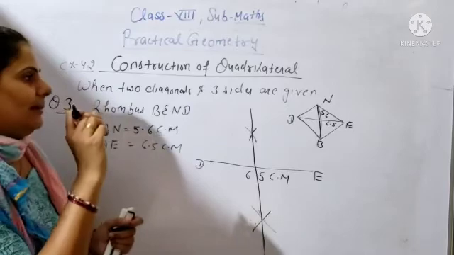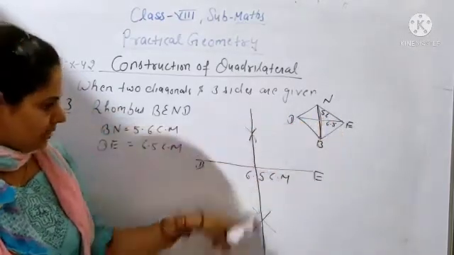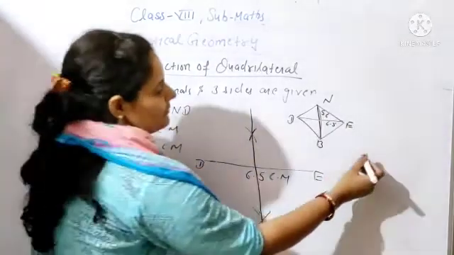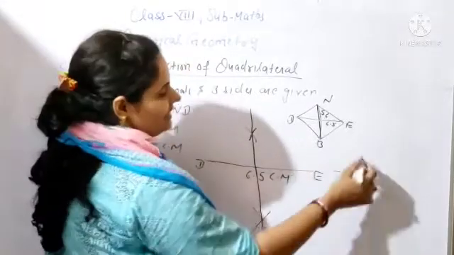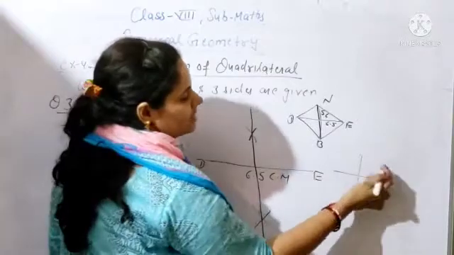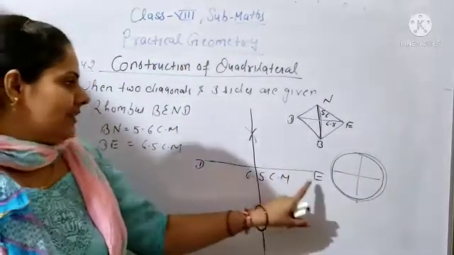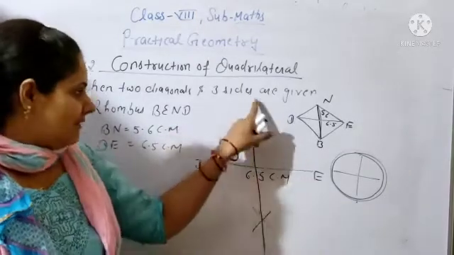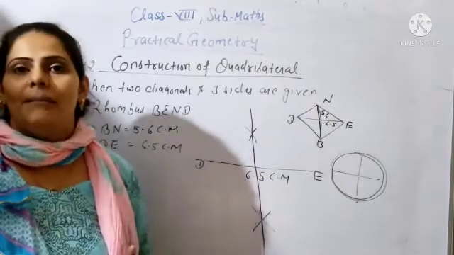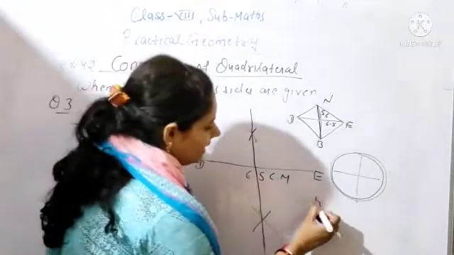You will open your compass. Now the length of the second diagonal. First you have to draw this part, and after that the lengths of all the sides you can complete. So we are completing this plus part of the rhombus. This one line or length we have taken; after that we have to draw this length also. What is the second diagonal length? It is 5.6 centimeter.